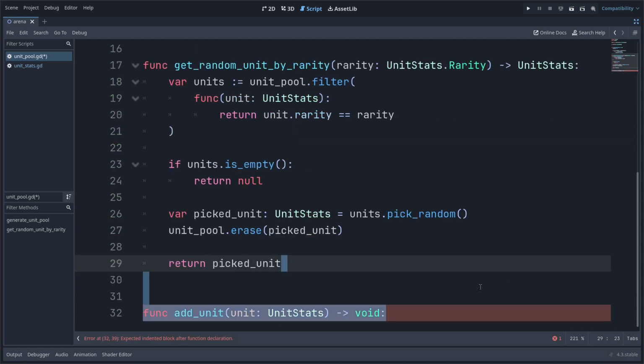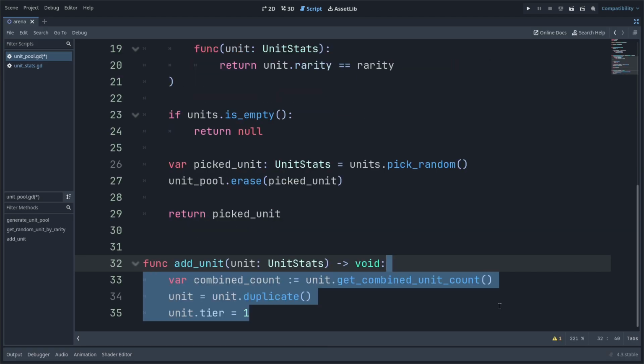And we have one final method to implement, and that is adding back a unit to the unit pool. Why do we need this? Well, because when we sell a unit to the SellPortal, that unit should go back to the pool, so we can roll for it again. So this method has one parameter, which is a UnitStats resource,